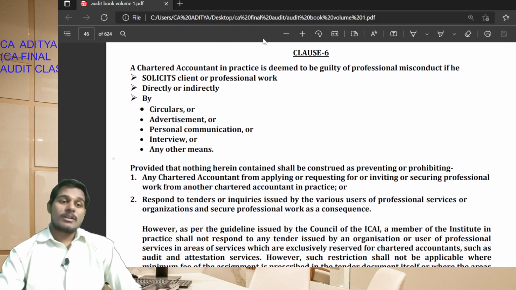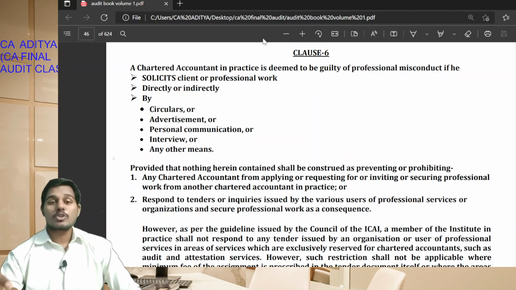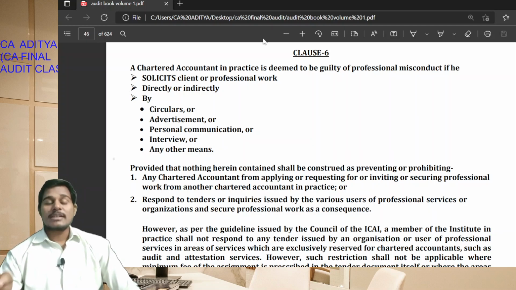Clause 6. A chartered accountant in practice is deemed to be guilty of professional misconduct if he solicits clients or professional work directly or indirectly by circular, advertisement, professional communication, that is personal communication, or interview, or by any other means. What students? As per clause 6 of part 1 of first schedule to the Chartered Accountants Act, a chartered accountant in practice is deemed to be guilty of professional misconduct if he solicits clients or professional work directly or indirectly,